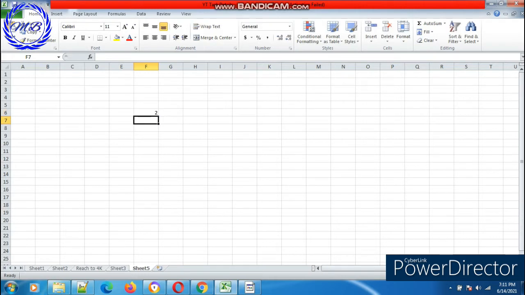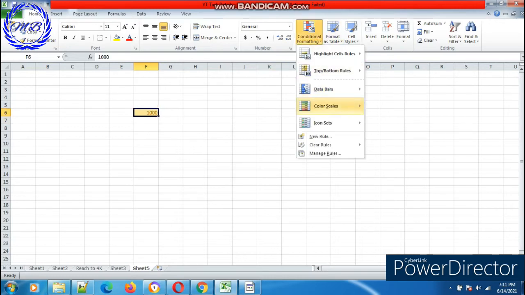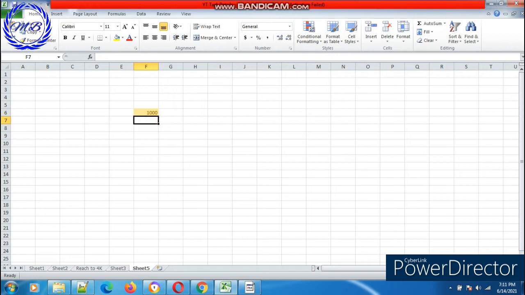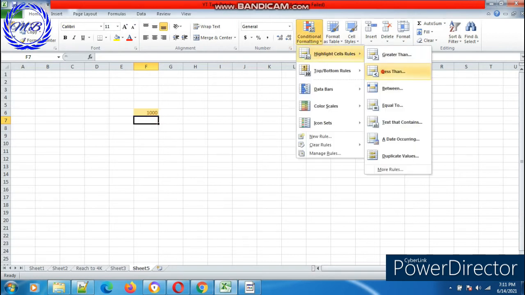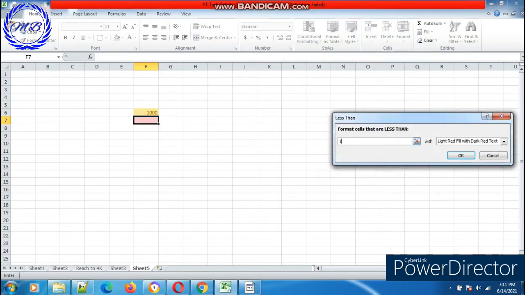Now 2 changed automatically because 2 is less than 5. 5, no. 100, 1000, yes, 1000 is greater than 5. For this conditional formatting, it is comparing the value and applying the formatting.